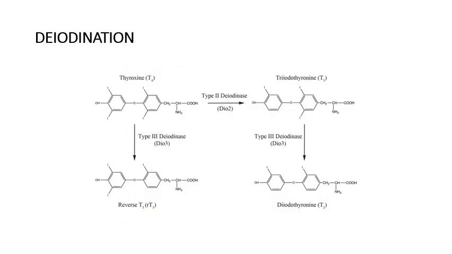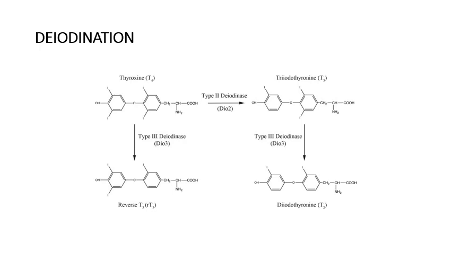Both T4 and T3 are formed by the thyroid follicular cells, and both are released into the bloodstream. T4 is actually released in a larger quantity than T3, but we know that the biologically active form of thyroid hormone is T3. So all the T4 gets converted into T3 before getting attached to the thyroid receptor. This conversion of T4 to T3 is mediated by an enzyme called deiodinase. There are three types of deiodinase: type 1, type 2 and type 3. Type 1 and type 2 deiodinase catalyze the conversion of T4 to T3.